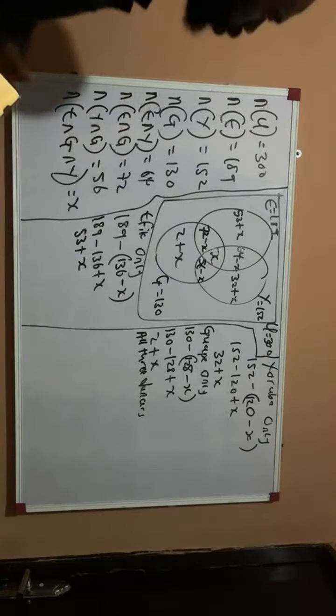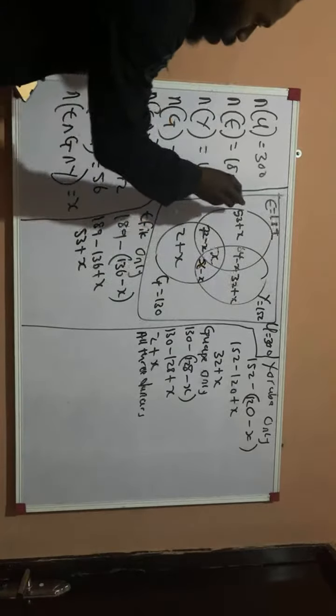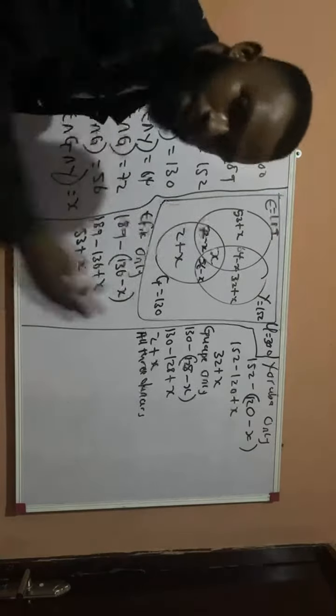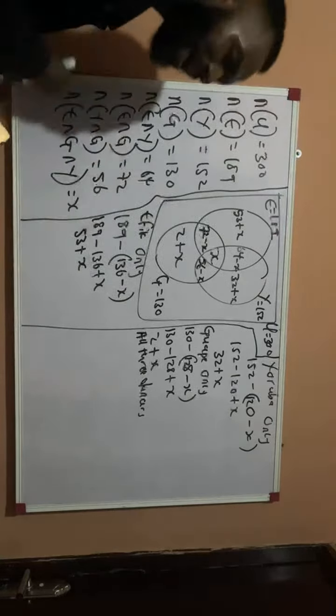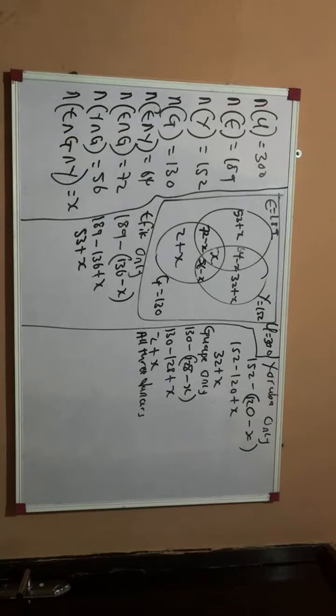Now, how are we going to add all of this in a short time? We have two things here. We have the numbers and we have the variables. So we'll add the numbers first, and after adding the numbers, we're going to add the variables. Without wasting time, if we add the numbers in that question, we are going to get